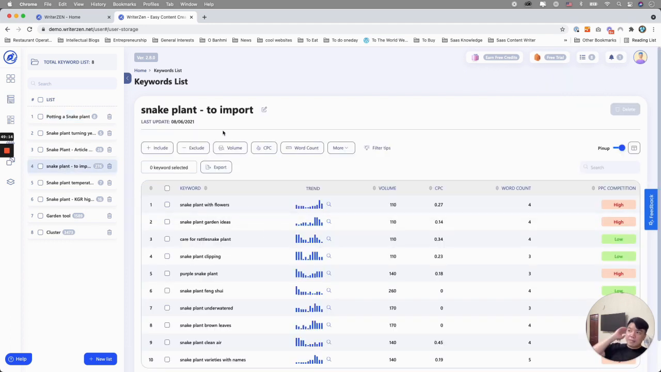Here, and I saved that as snake plant to import, right? Why to import? Because right now you finish the first step, you find a list, but how do you know how to group these keywords together into a certain cluster, right? Because you need to cluster them into topics that you want to write about, and topics that will actually filter out all the keywords that could rank together,